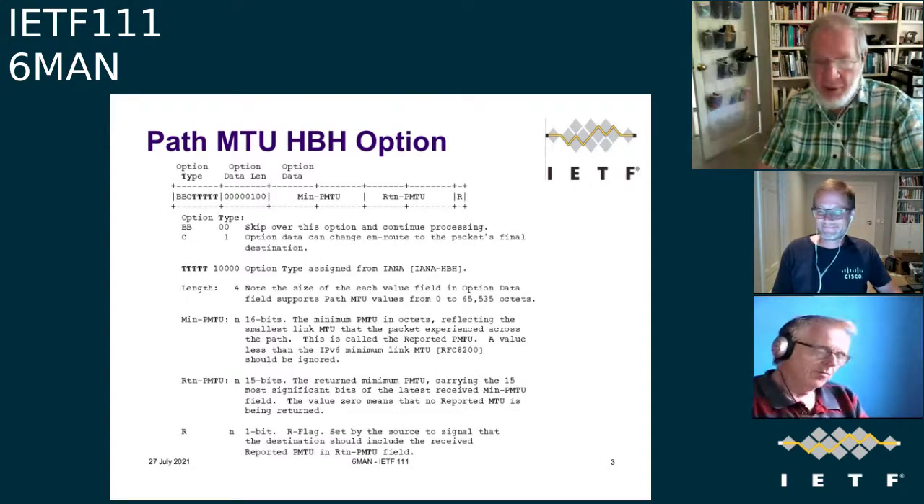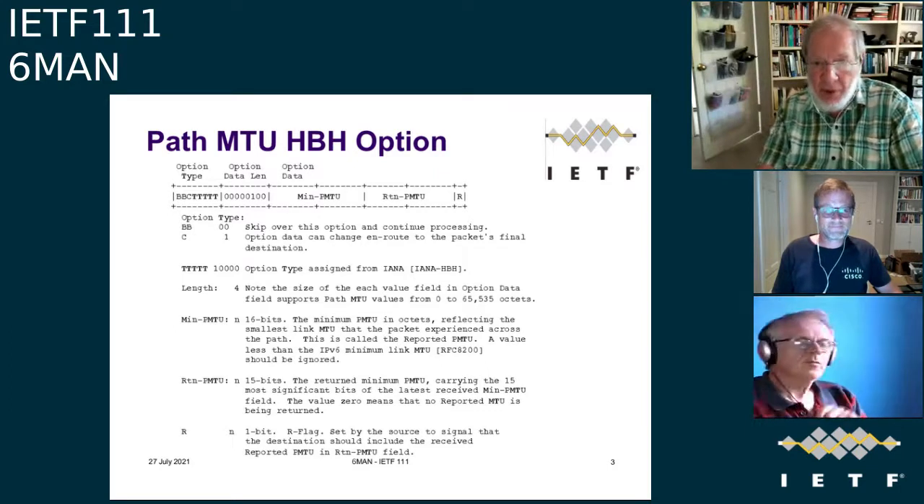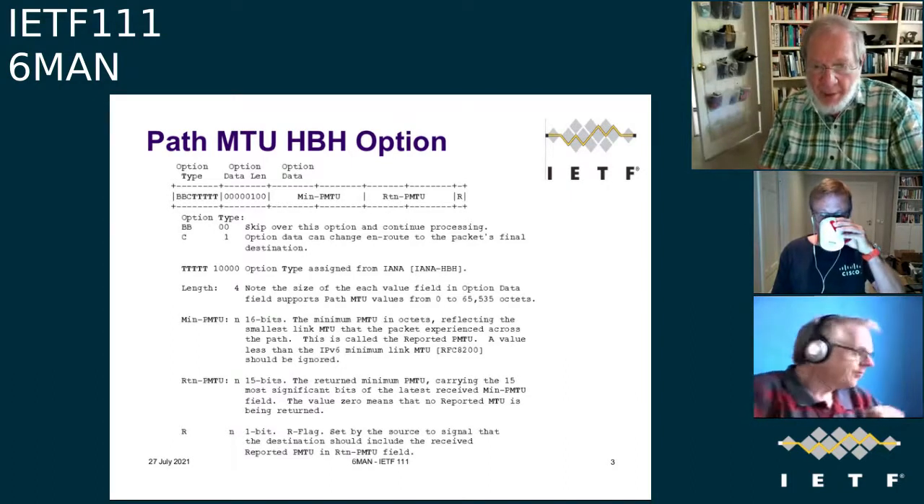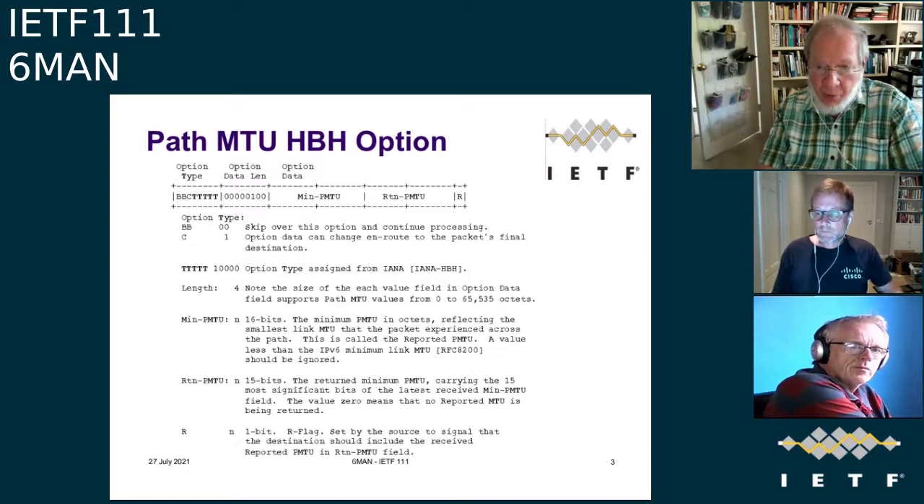Well, so this is the actual option format. It's very simple. It has the usual control bits at the front, which, if you don't recognize this, you can skip over it. And the option data, of course, can change en route. We have a temporary assignment from IANA for this option. There's a length field, and then there are two data fields, a minimum path MTU in octets, which the goal is